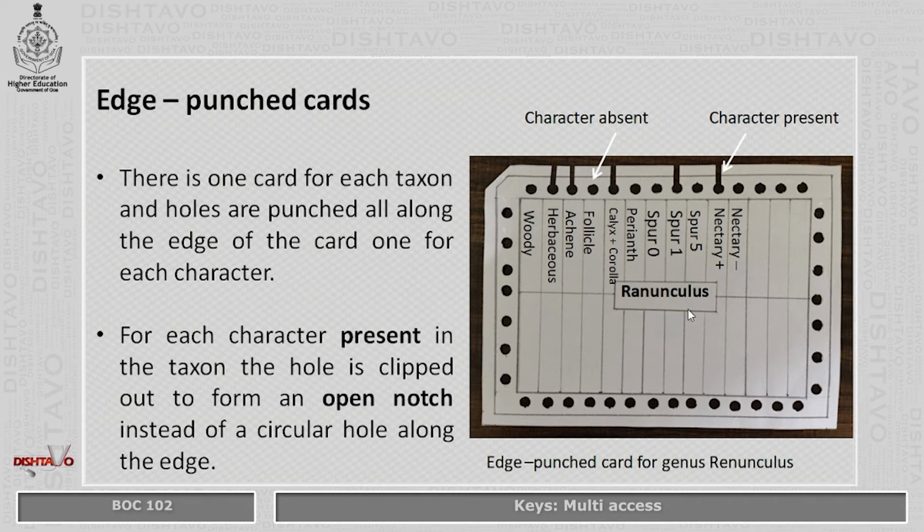Again, this concept I have adapted from the textbook which I have referred to in preparing the module. On this card, the holes which are clipped out indicate the presence of the character in that particular taxon or genus, and the holes which are intact represent the characters which are absent in that particular taxon.